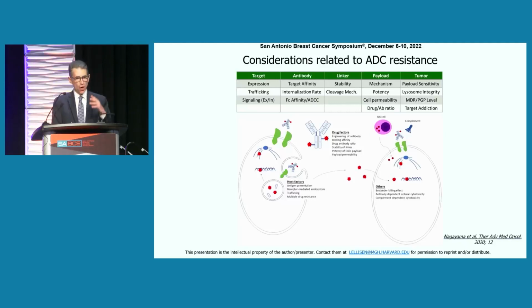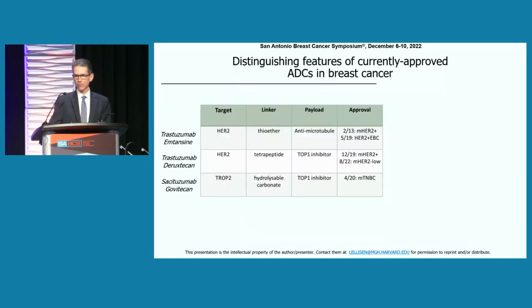And then obviously, thinking about, in the case of HER2, we've learned with TDXD that we don't necessarily need target addiction, since we don't believe we have that with HER2 low tumors, as we do with HER2 amplified tumors. But clearly, if we do have a target to which the tumor is addicted, that could be part of the beneficial response, and overcoming addiction could be part of resistance. So just a couple examples on how this plays out related to what we've heard and what I've told you.